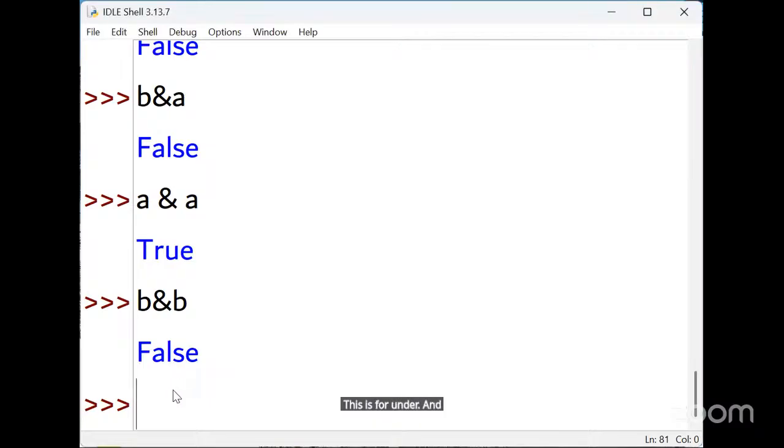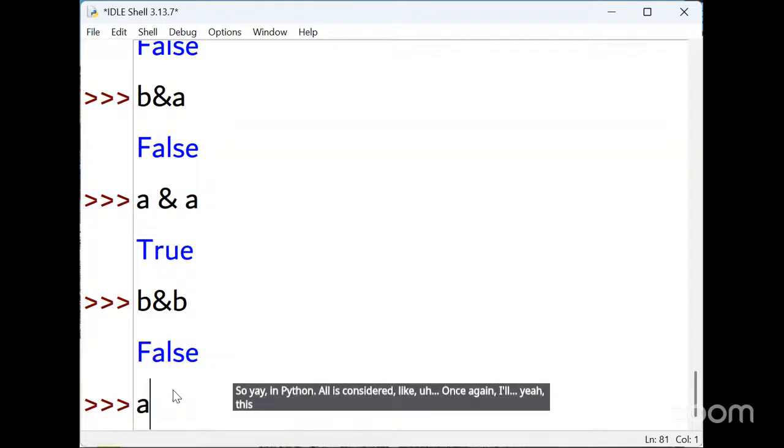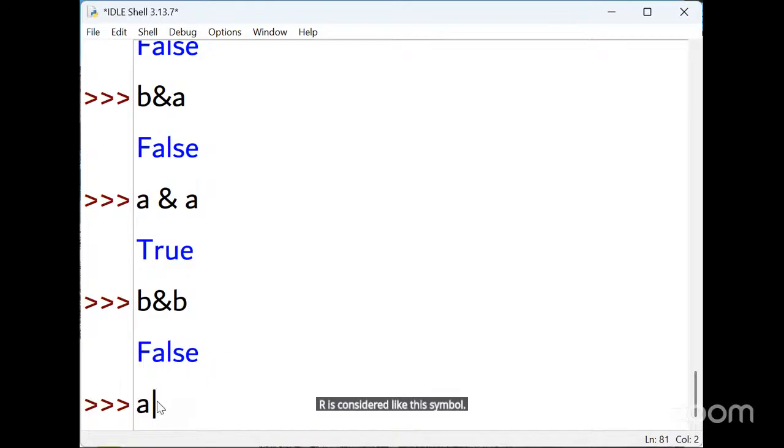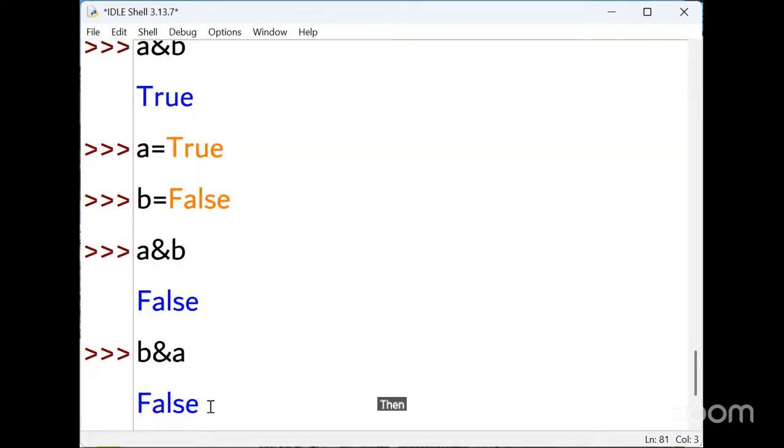Next syntax is for OR. In Python, OR is considered like this symbol. Ampersand means the AND symbol, and this symbol means OR. Now I'm checking for OR. A or B. In A or B, if either one is true, then the result is going to be true.